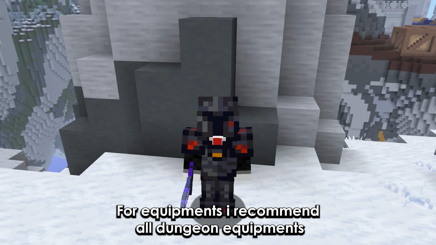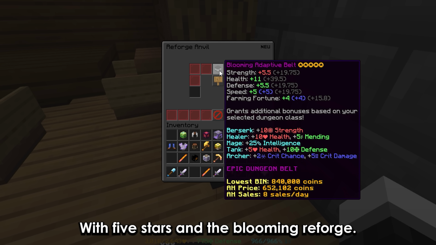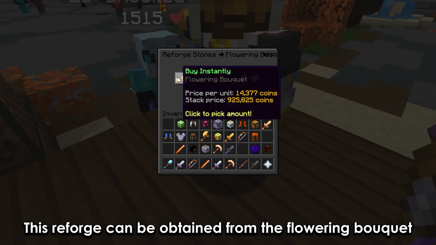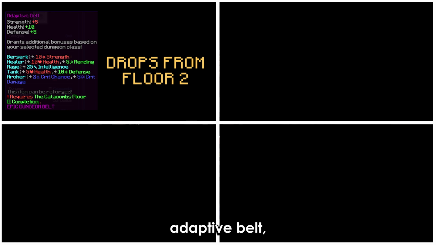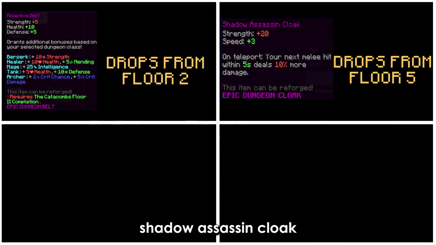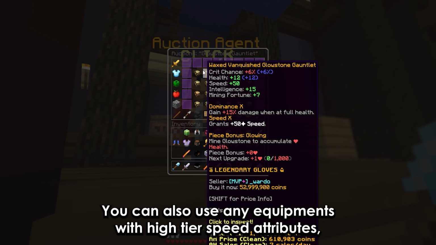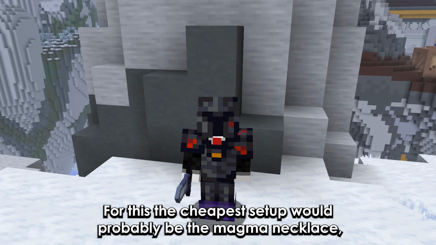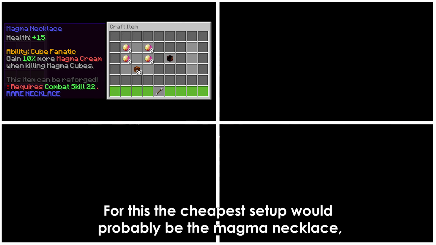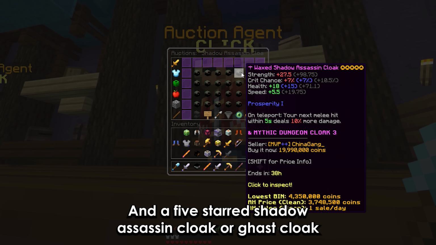For equipments, I recommend all dungeon equipments with 5 stars and the Blooming Reforge. This Reforge can be obtained from the Flowering Bouquet. Now the equipments include Adaptive Belt, Shadow Assassin Cloak, Bone Necklace, and the Soul Weaver Gauntlets. You can also use any equipments with high tier speed attributes. For this, the cheapest setup would probably be the Magma Necklace, Lee's Belt, Glowstone Gauntlet, and a 5-star Shadow Assassin